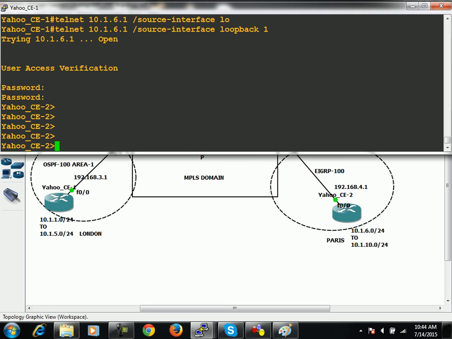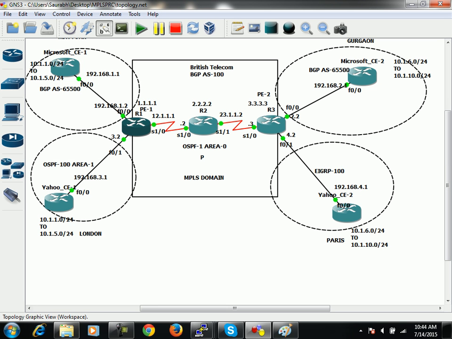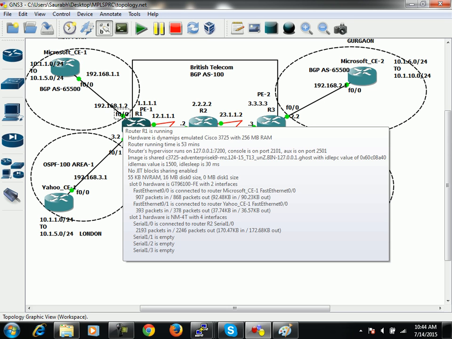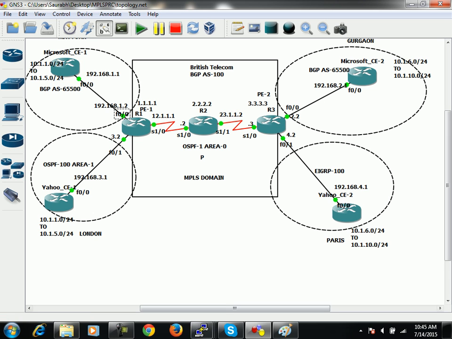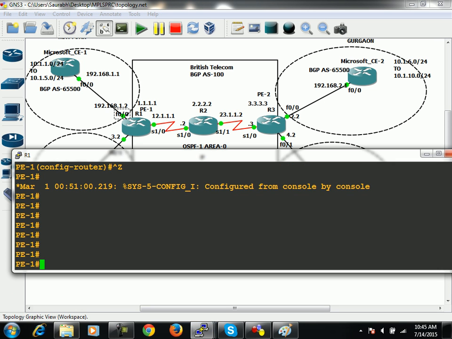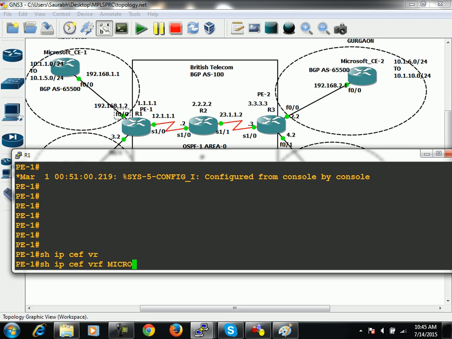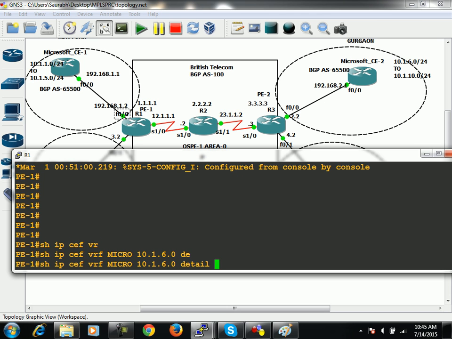Because see, just check. See, whenever packet will arrive onto Fa0/0 of P1 coming from Microsoft CE1, it will receive it untagged inside VRF micro. And whenever a router receives untagged packet, it always performs lookup in its CEF table, and then you can move on PE1 and you can run this command: show IP CEF VRF micro for which 10.1.6.0, and then you can say